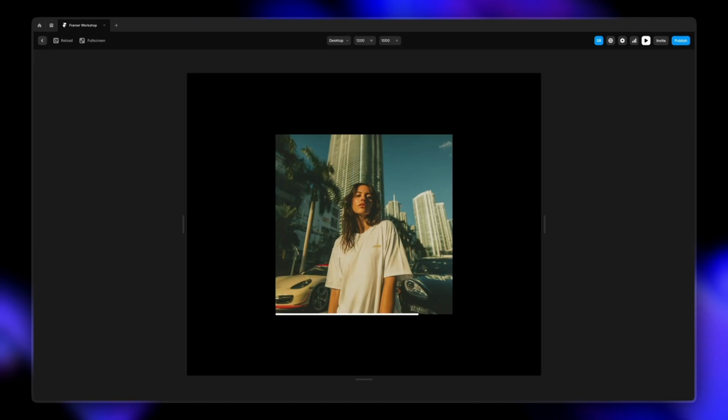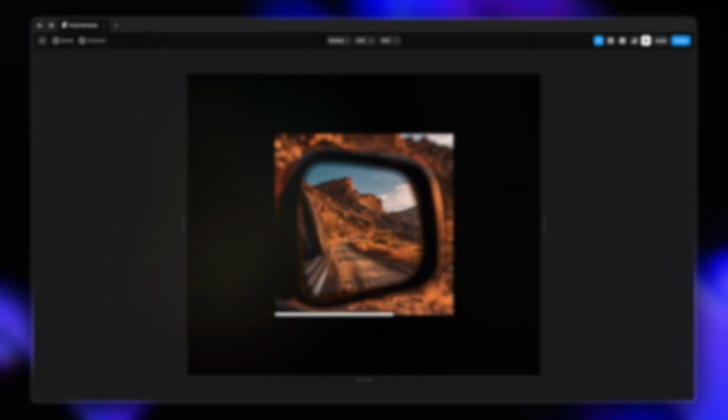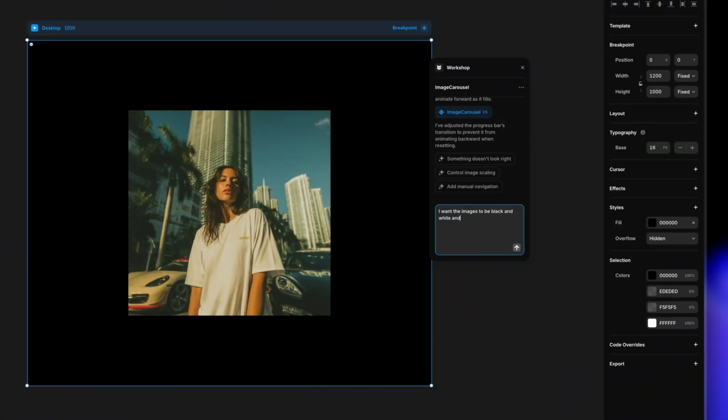In the same carousel component that we have created, I'm going to use this as a base and build on it for our next interaction while this is ready. So let's jump onto that now. I'm going to say I want the images to be black and white, and when I hover over it, my cursor changes into a circle of radius 10 pixels and I can see the colored image through that circle lens. So let's see what it does now.